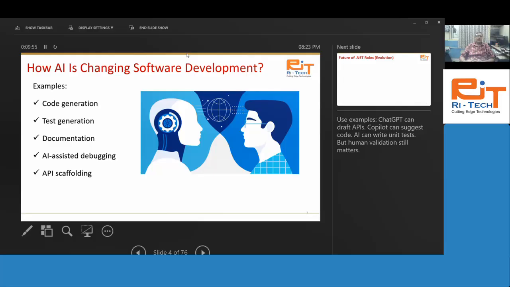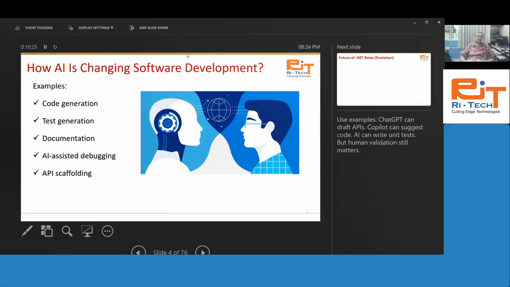They can generate the code, they can test the code, they can create documentation of a code. They can also debug your code. They can also scaffold APIs. So you are in the .NET world, so they can generate all the API controllers with everything. They can write unit tests,